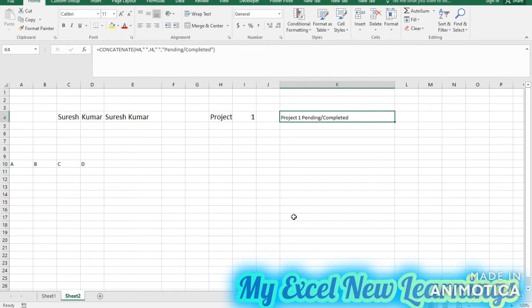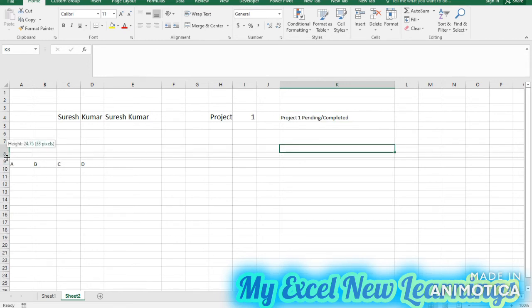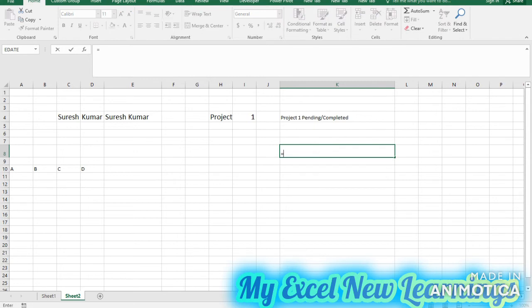Now I will show you the fourth example by using the CONCATENATE and TEXT functions, plus Excel has the TODAY function, so that we can write today's date with comments and text by using the TEXT function. So here we will write, I will increase the font size, equal to concatenate, then you can type your text here